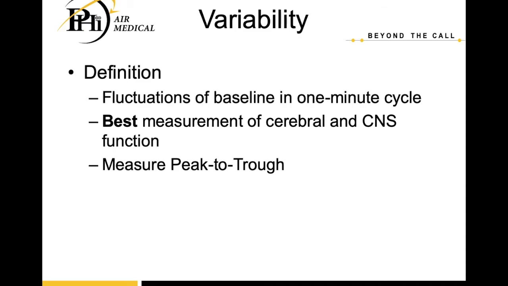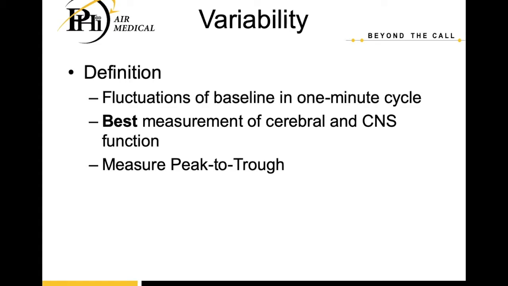So we've talked about baseline. The next thing that we talk about is variability. Variability is just defined as fluctuations in the baseline in a 1-minute cycle. So it's kind of a beat-to-beat variability. Variability is the absolute best measure of cerebral function and central nervous system function in the baby. When we have some sort of acidotic state, when we have some sort of cerebral dysfunction, the first thing that